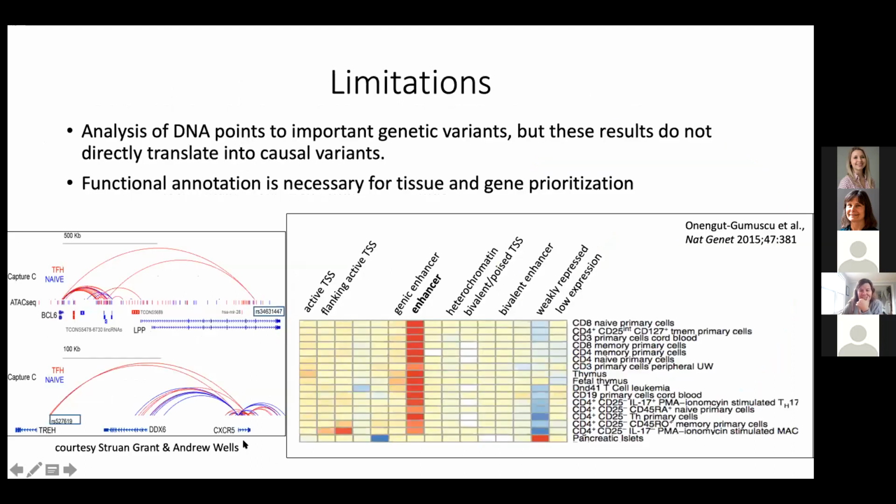I'll just skip to the next slide here. So what we've learned from the immunochip studies and fine mapping studies, and other groups have also shown this, is that for a lot of the common diseases, these risk variants do not lie in protein coding genes. They do not change amino acids. For type 1 diabetes, there's a few risk variants that do change amino acids, but out of the 75, it's only 3 or 4 genes at this point, and most of the risk variants lie in the non-coding region of